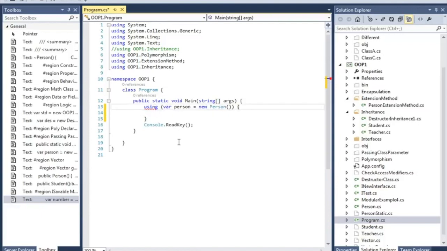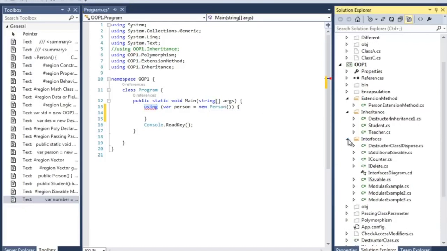Using means keep the person object lifecycle inside this block of code. You can use this keyword if you have an implementation of iDisposable in your class. That's when iDisposable is needed, really.